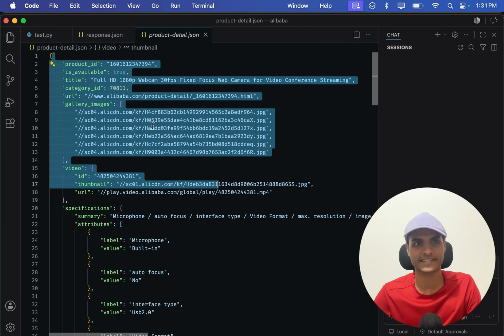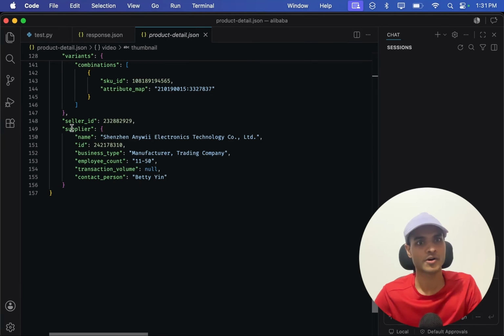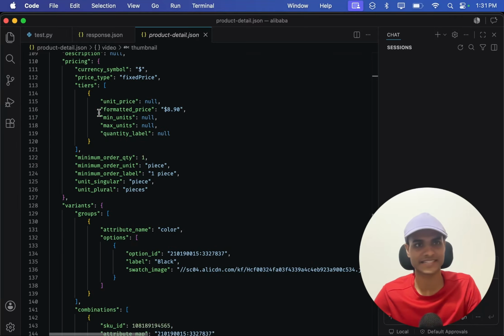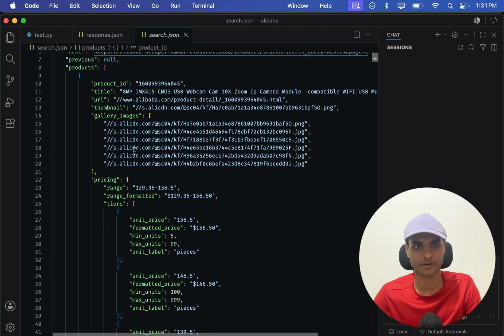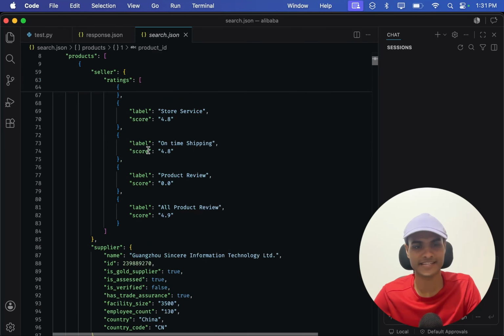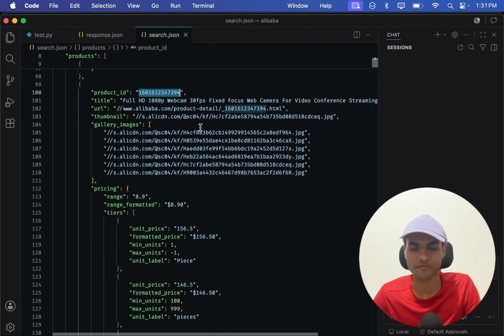Here is detailed product data, complete with the title, the images, the various attributes, seller details, and the pricing details, along with search results data like pagination, product ID, images, pricing, and who the seller is, and such kinds of details that you will easily be able to get after watching this video. If you've ever tried scraping Alibaba, you know what looks really simple on paper is a completely